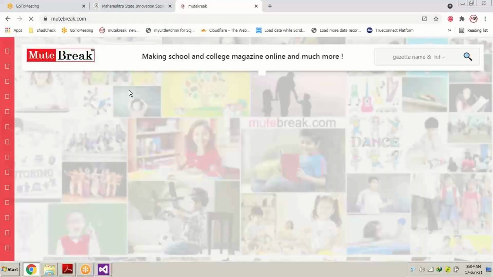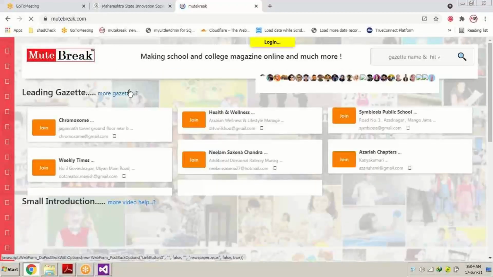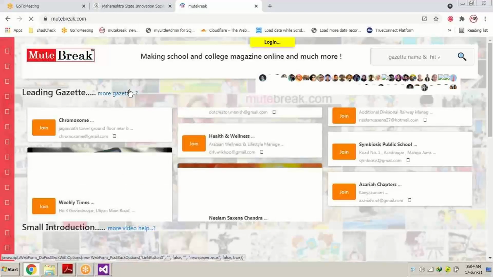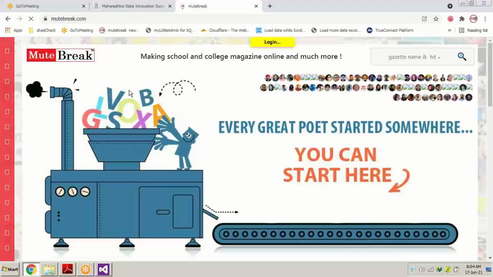You will find many controls. I will tell you about many of them. A few controls I'm going to discuss with you, and we are going to use them in our small project in this session. But there are many controls which require many days of experience to use in your web portal.